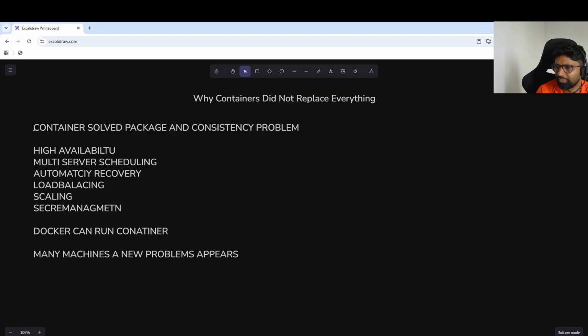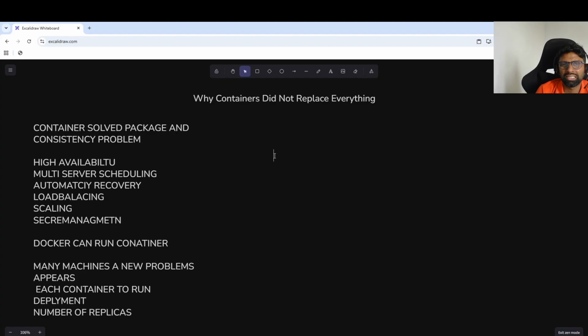Who decides where each container is going to run? Who performs a deployment? Who will maintain the number of replicas? This is the problem container orchestration was created to solve.